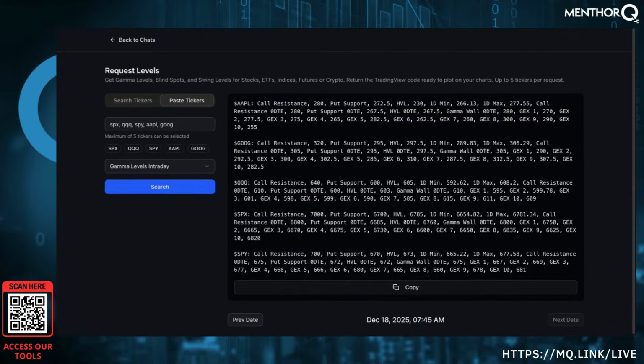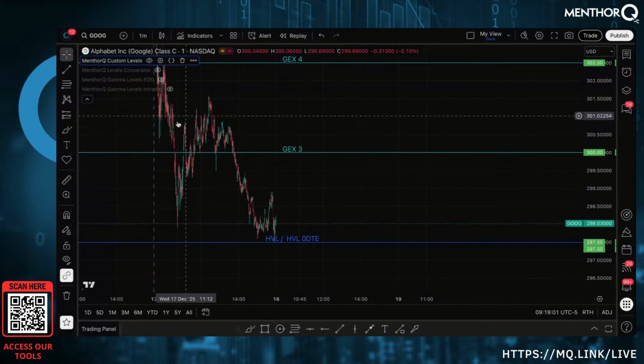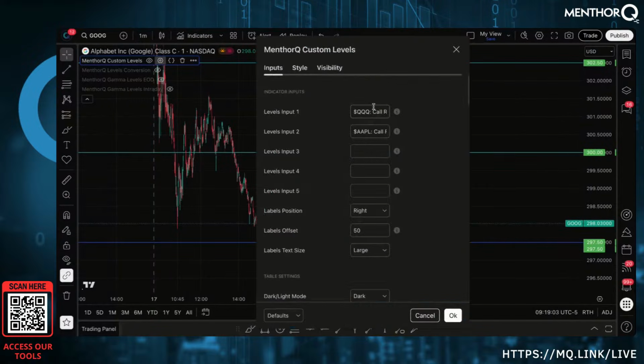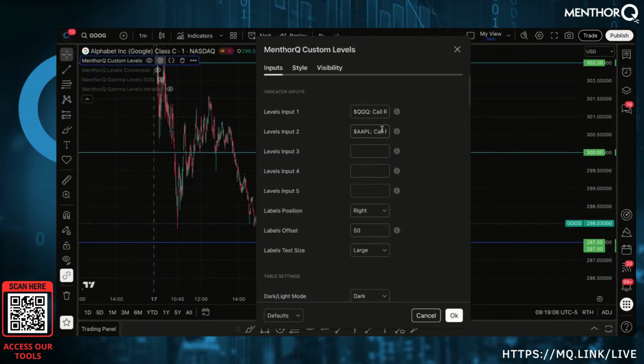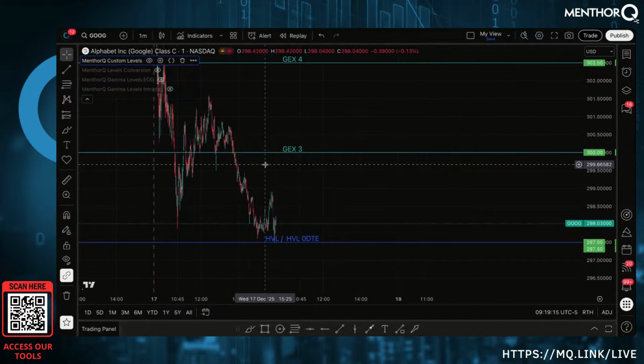Oops, sorry. Let me share this tab here. All right, so I was referring to these boxes here, 4,000 characters, 5 tickers per box. So you can have up to 20 plus tickers on one indicator. So let me know